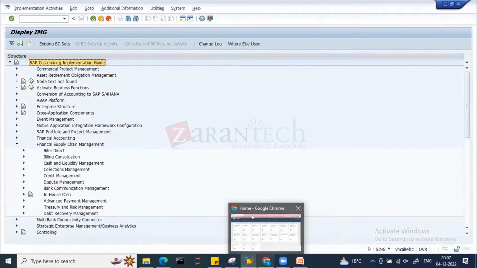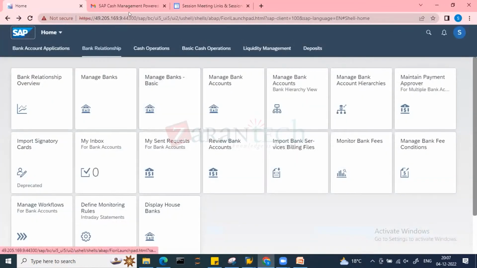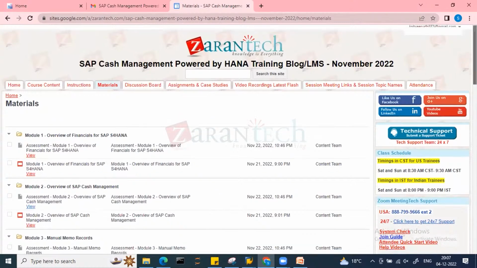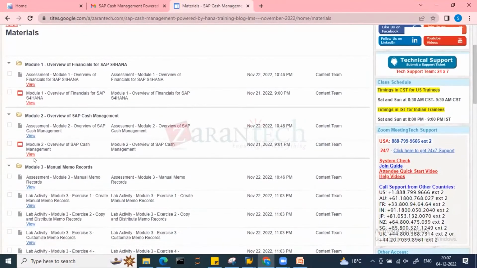Let me see what is in our materials, right? Overview, cash management, then we have cash management 2. We have completed up to here, right? Manual memory codes. Okay, so we have not yet started. We did the